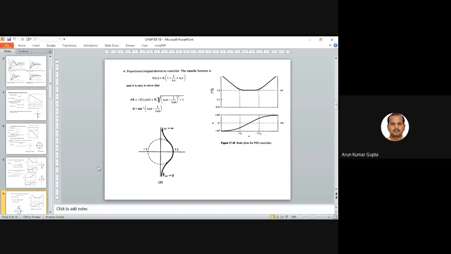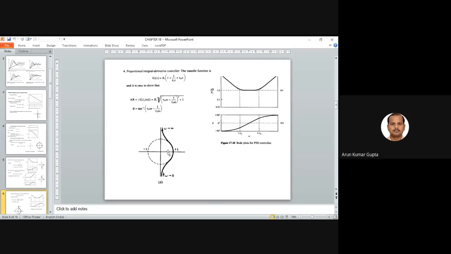The similar thing you can plot in the Nyquist plot. It is varying from minus 90 to plus 90. So it will go like this. And omega 0 means AR is infinite. In both cases, because this is a square, whether negative infinite or positive infinite, in both cases this is infinite. The shape will be decided by the phase angle, minus 90 to plus 90.